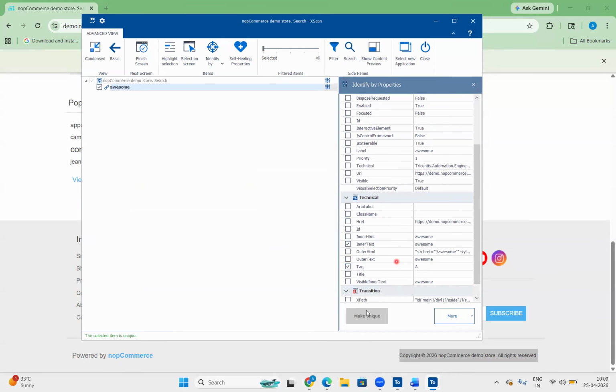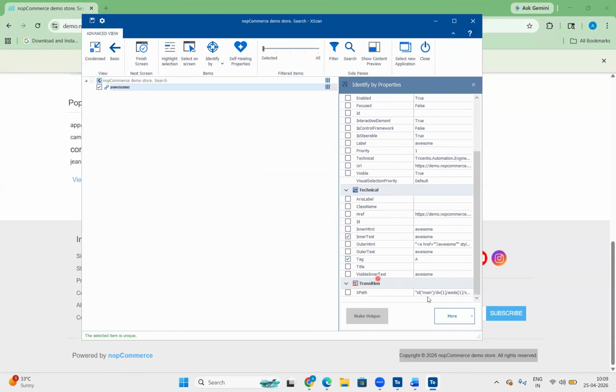Tosca itself gives an XPath feature, but it is not recommended because it is absolute. From the Tosca point of view, team, we cannot use XPath every time. XPath is very, very least priority, only 1 or 2 percent. Most of the cases we work with technical properties, representations, and other identification criteria. Clear?